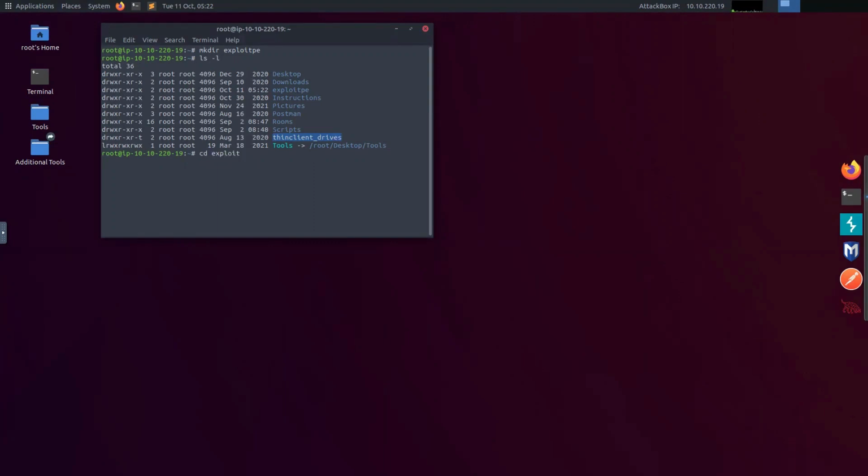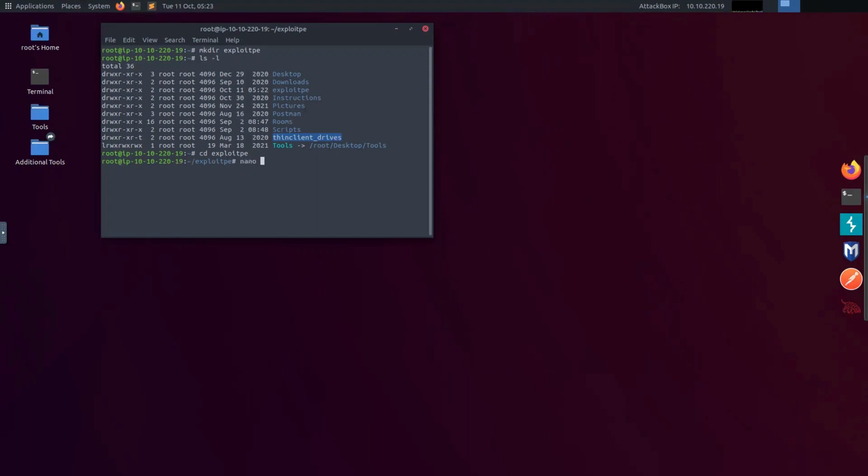Basically, what I'm going to do is host this particular directory on an HTTP web server with Python. There's a Python app that allows me to host an HTTP server. It'll make more sense once we actually are doing it, so as I'm doing it, I'll explain it. So we're going to change directories into exploit PE, and I'm going to do a